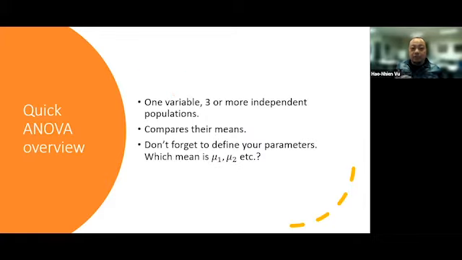Since there are many populations at issue, you need to always define your parameters. If you use mu1, mu2, mu3, define what they are, or use subscripts that are descriptive. For example, if you're comparing across ethnicities, then use mu sub Asian, mu sub Latinx, mu sub Black, mu sub